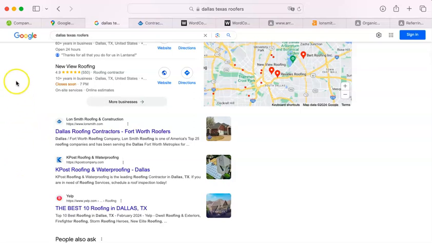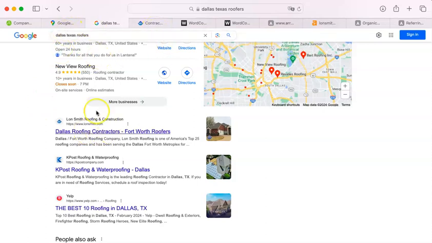Now, you can be in both places, and that would be extraordinary. What would be even better is if you were here and at the top here. So let me show you how to do that, because the Google algorithm has certain criteria that need to be met in order for you to zoom to the top of it. There are things that are known. That's not like a secret in the industry at all.